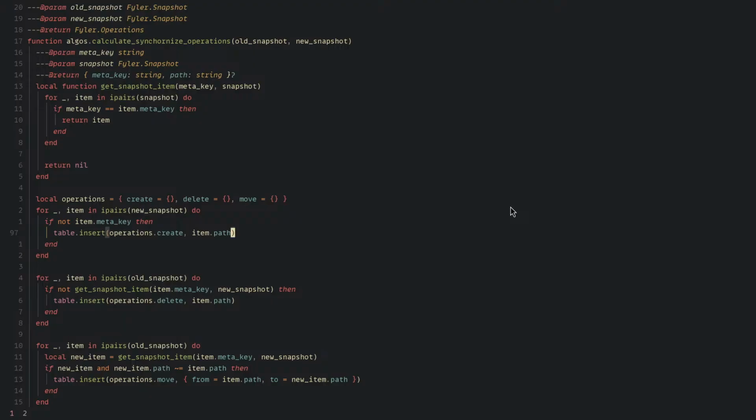Okay, basically we have these three operations, which are, I think,